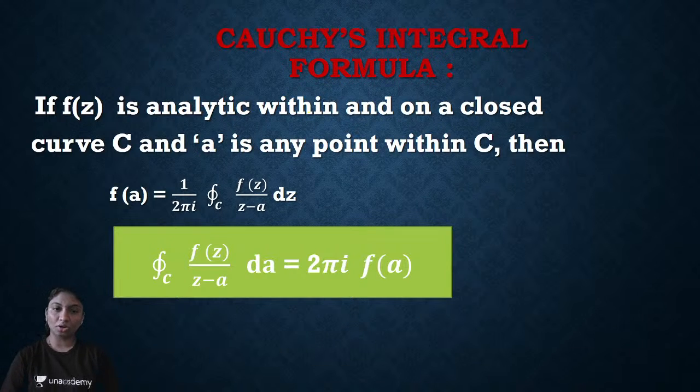See, Cauchy's integral formula: if f of z is analytic within and on the closed curve C, and A is any point within C, then f of A is equal to 1 upon 2 pi i times the closed integral over C of f of z upon (z minus A) dz. See, here f of z